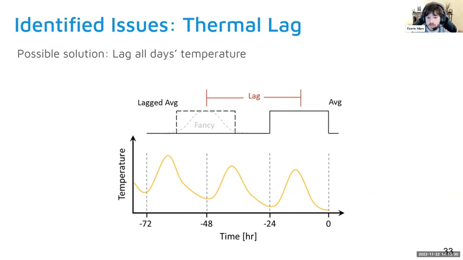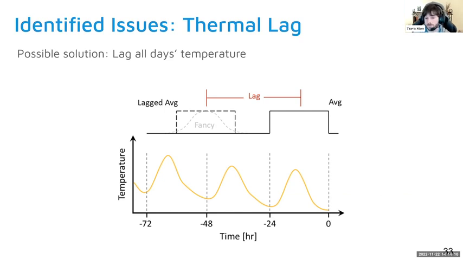So right now, when we are running this model, we are saying that the temperature is the average temperature of that day. So here on this plot, it would be from -24 to 0, where the time here is in hours. And that would just be how all of the accumulated energy usage during that time period is assigned to that temperature. What we could do instead is lag that, where I show the dashed lines here. This is about a 36-hour lag. So maybe the house corresponds better to a 36-hour delay than it does a 0-hour delay.